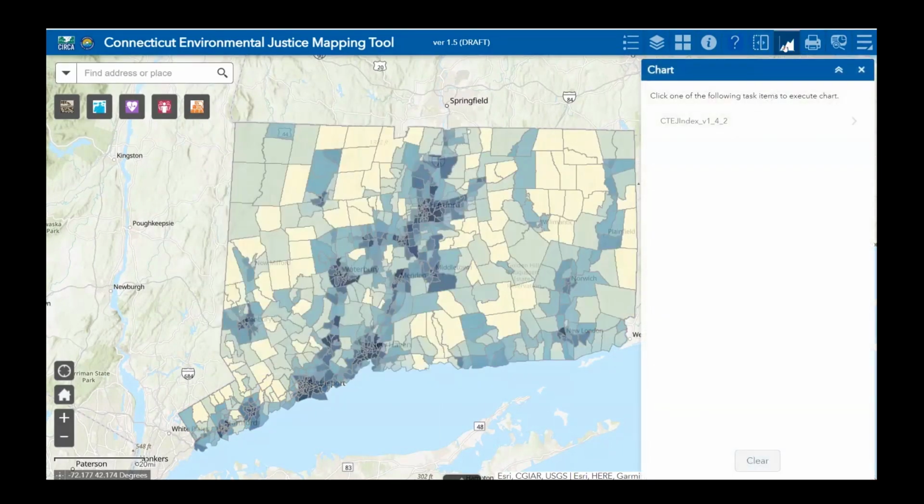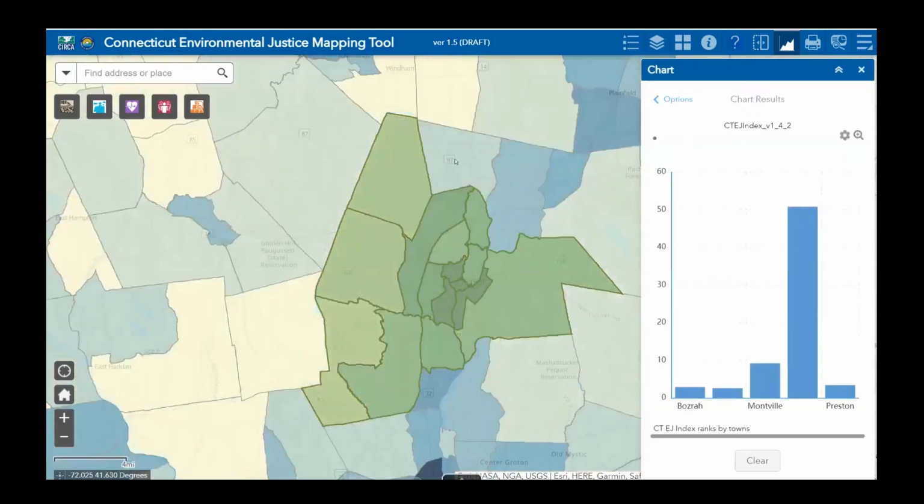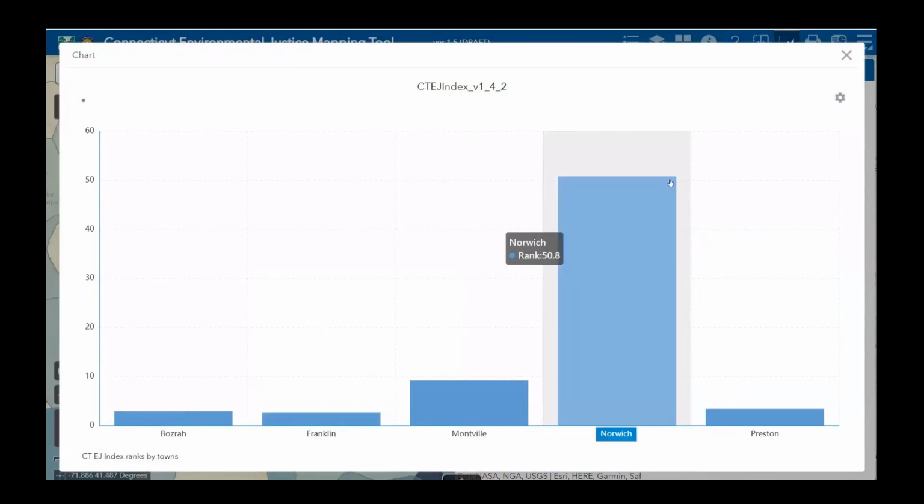Next, we have chart. For environmental justice index, you can choose a special filter and you can do a user-defined area. I'm going to use the circular button to define a small area here and apply. You're going to see the census tract ranks for the towns. You can display this higher score or lower